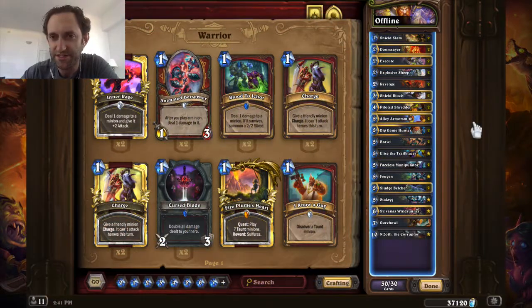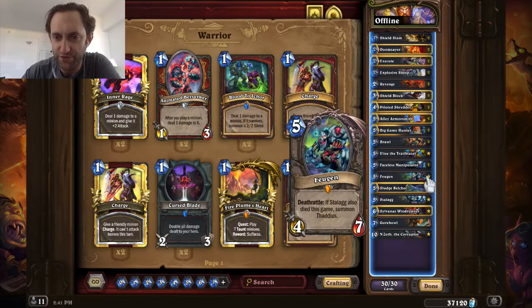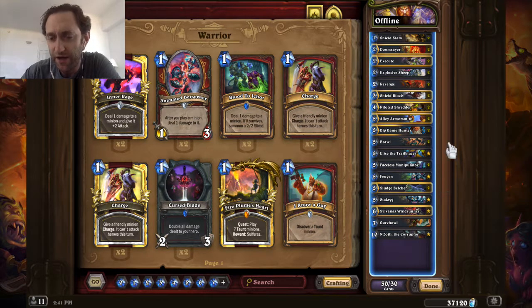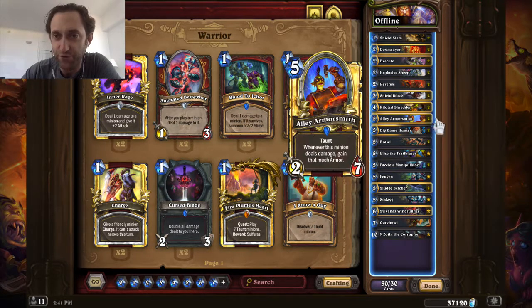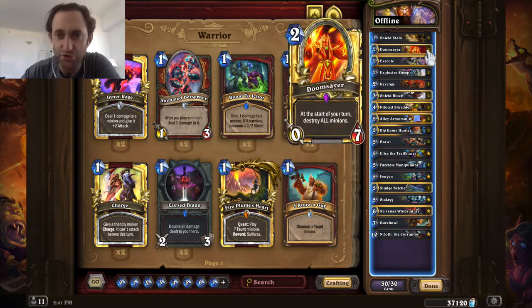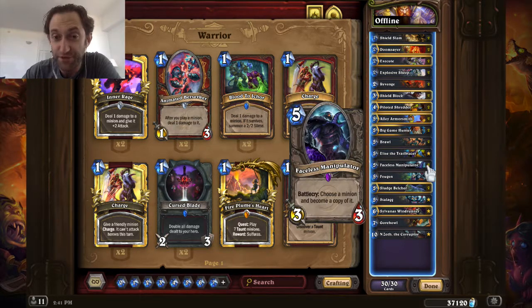Last on our list of classes was Warrior, and we run a fun deck, I think. It's pretty much just a lot of utility stuff. You can eventually N'Zoth back a bunch of your typical Deathrattles, Fogsail and Sylvanas. You have some Ally Armorsmiths to gain you more life, Shredders, Shield Block, Shield Slam combo, Doomsayers to buy you the board, Brawls to be able to just clear out his board, Faceless Manipulators to stick on,